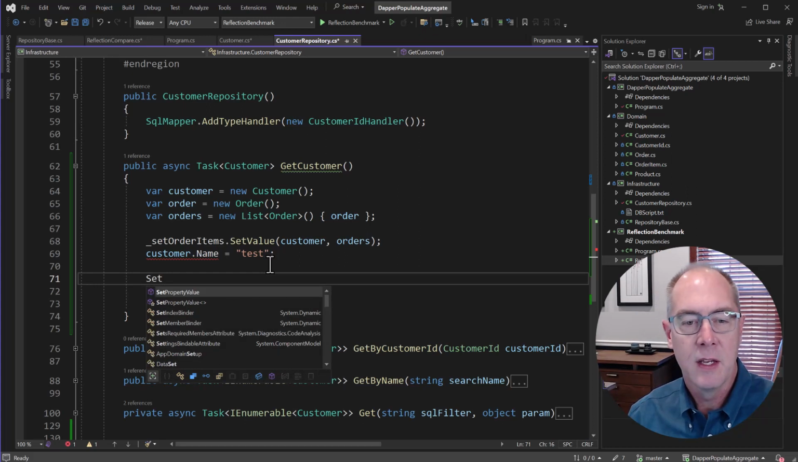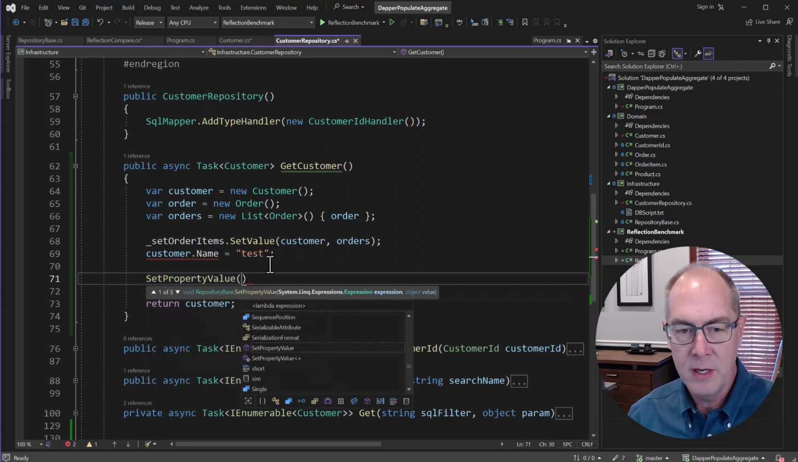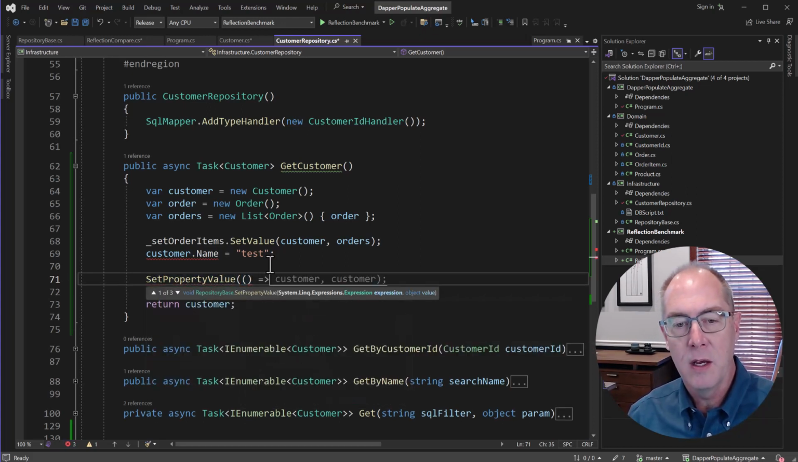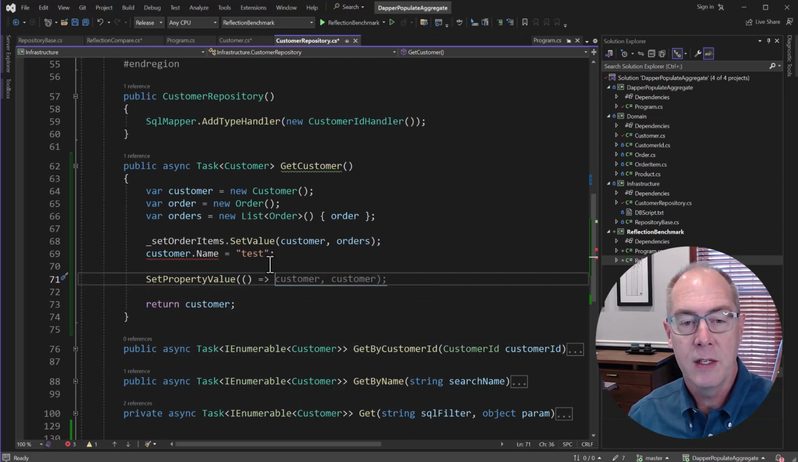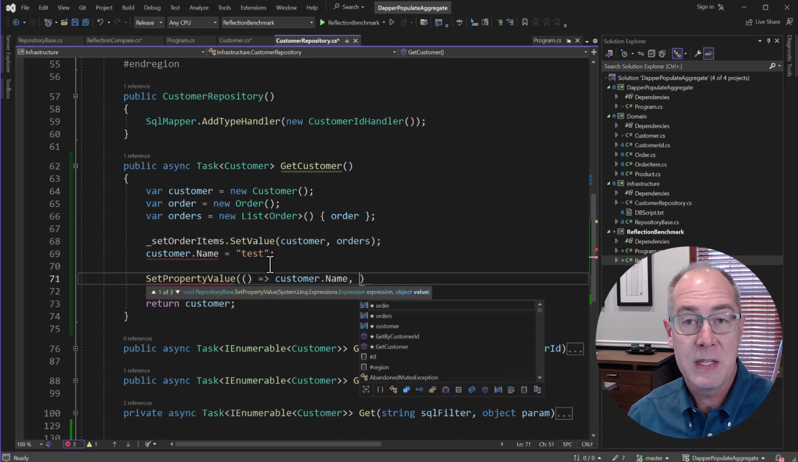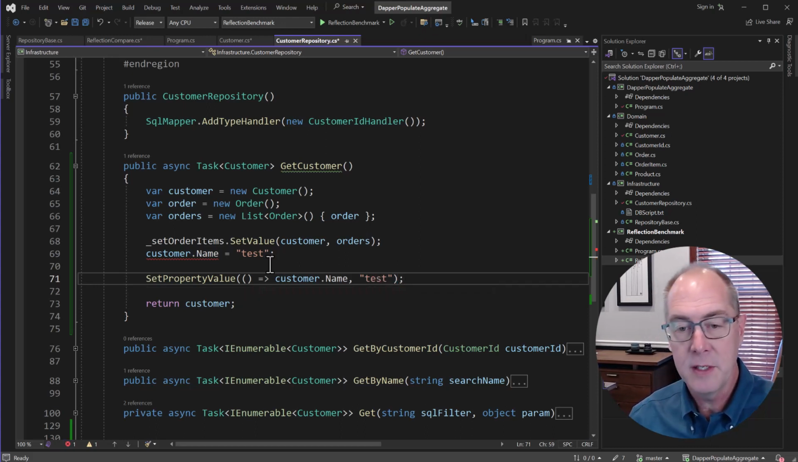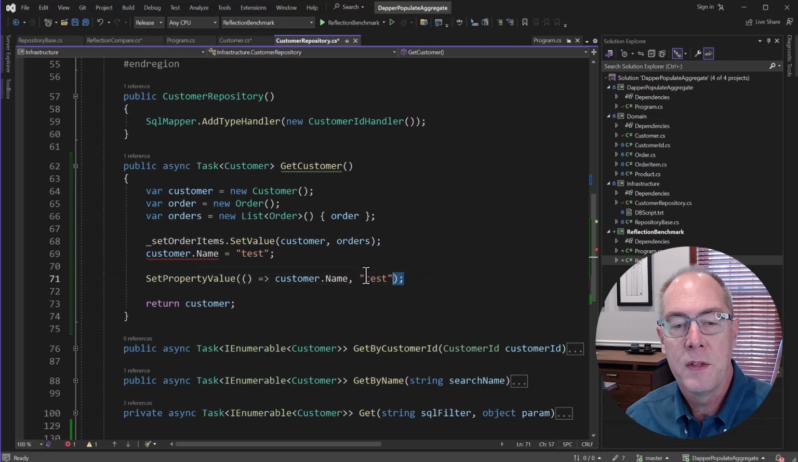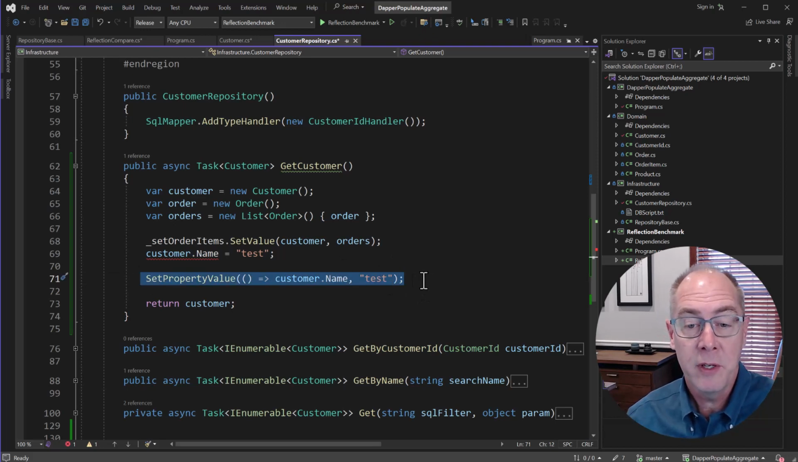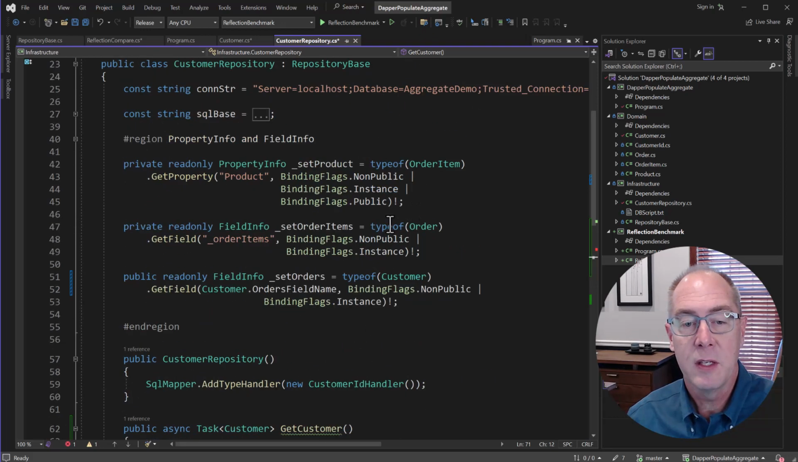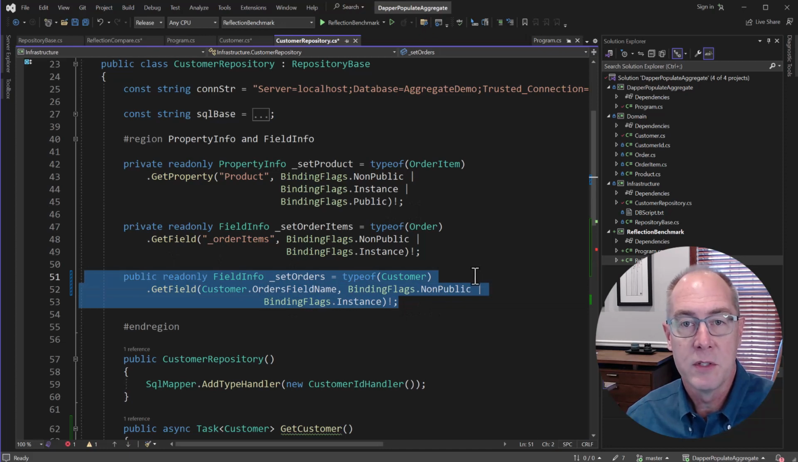So I can say set property value, and then I can pass in an expression, and in that expression I'm going to say customer.name. So I'm specifying the property that I want to update, and then I can go ahead and just pass in the string that I would like to set it to. So I think this is aesthetically pretty pleasing. We don't have to define the property info for it, which is great,